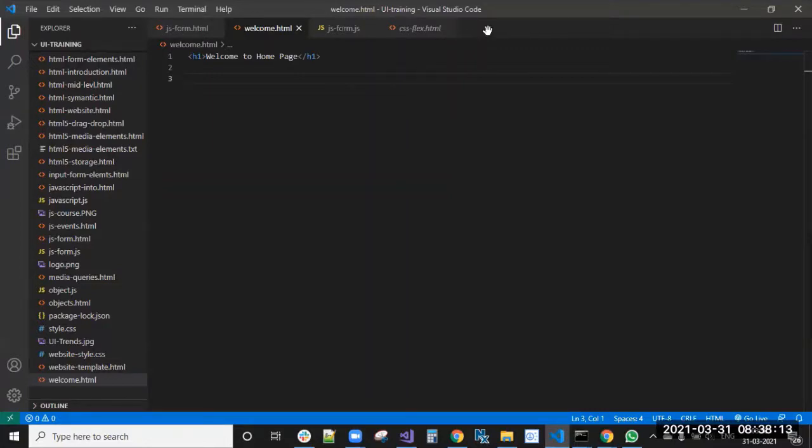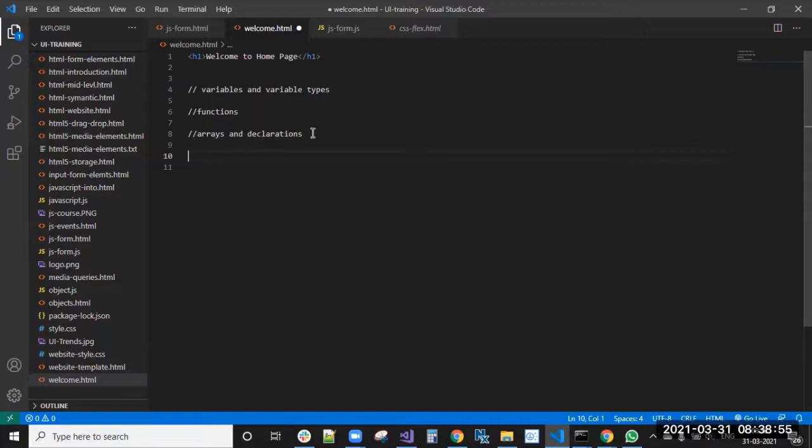So in TypeScript, the things we need to cover: the first one is variables and variable types. Okay, functions. Next one is arrays and declarations.